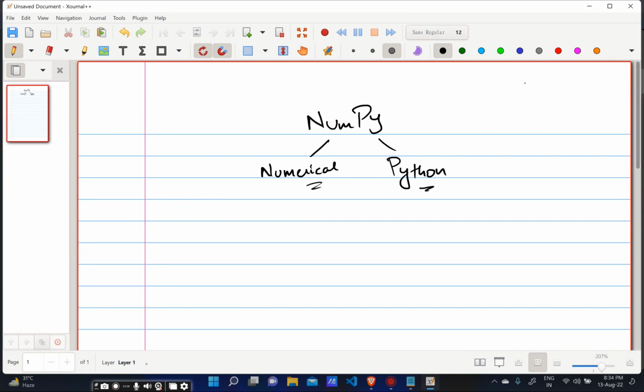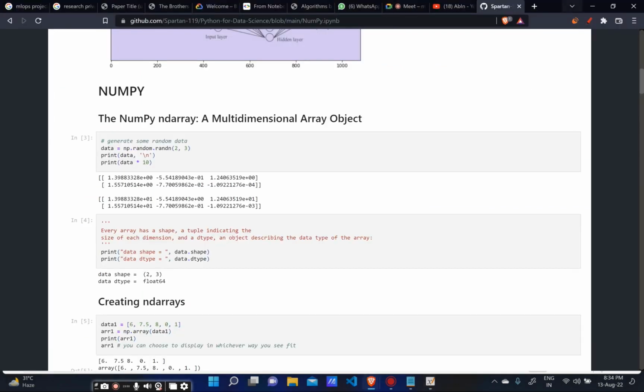Okay, yeah. So it stands for numerical Python. Yes, it is a Python library. All right. So I will need your engagement. Okay. So first of all, you might be aware that, for those people who are absolutely new to programming,